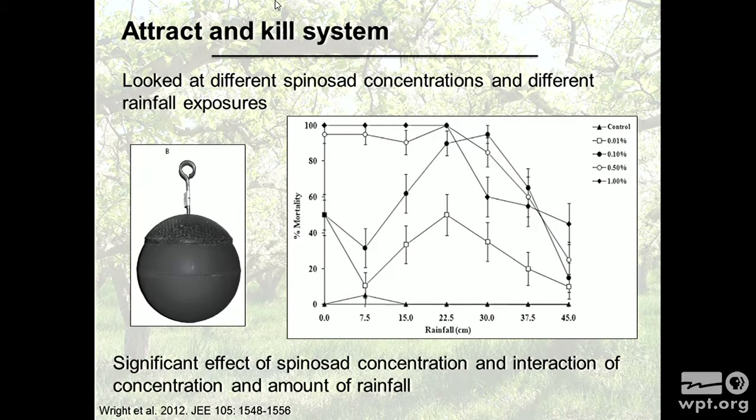And what they found here is that at the 1% concentration, they held to 100% mortality with this design, all the way to 30 centimeters of rainfall. So it holds really well, okay? And then when they did the 0.5%, it's not significantly different from the 1%. So with half of the concentration of what they had in the previous test, they still get about 100% mortality.